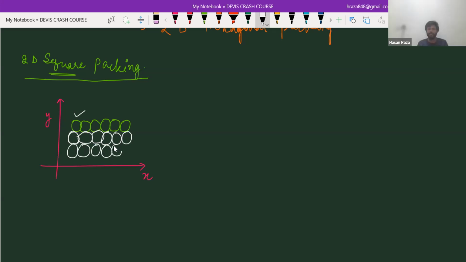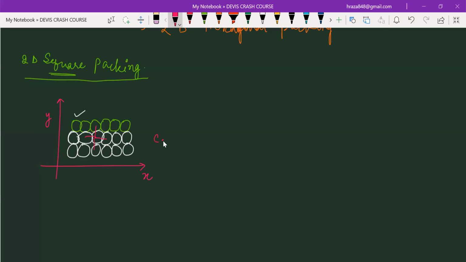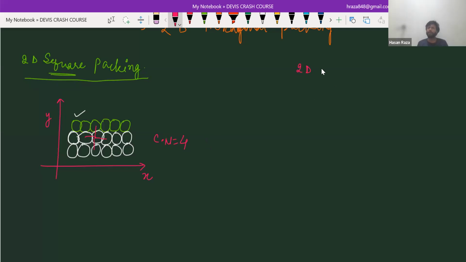Now, can you tell me the coordination number in this? You can take this 1, 2, 3, 4. So the coordination number will be 4. Are you getting my point? Now see, if you have 2D hexagonal packing, there will